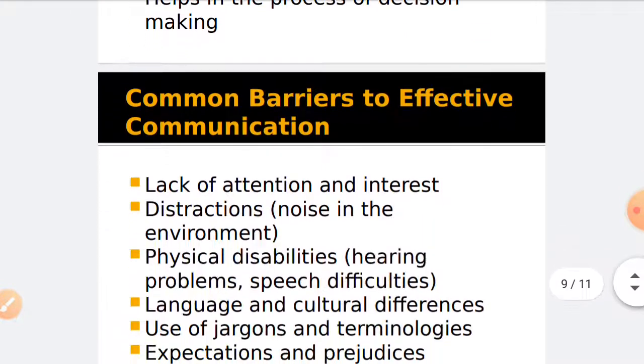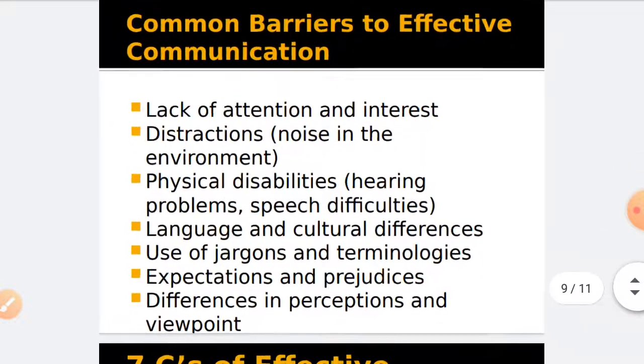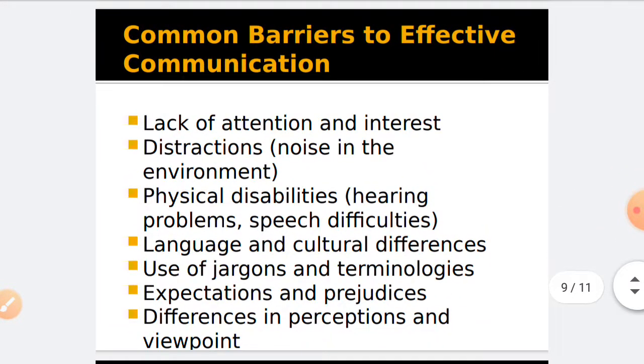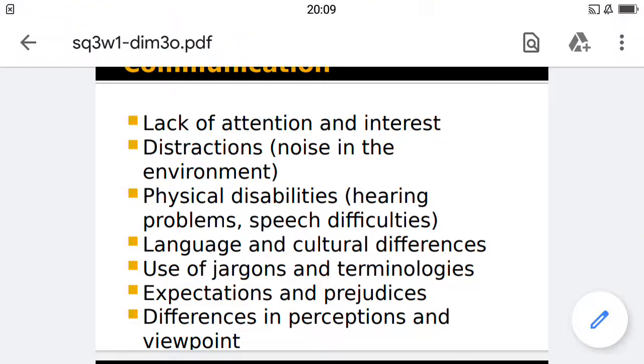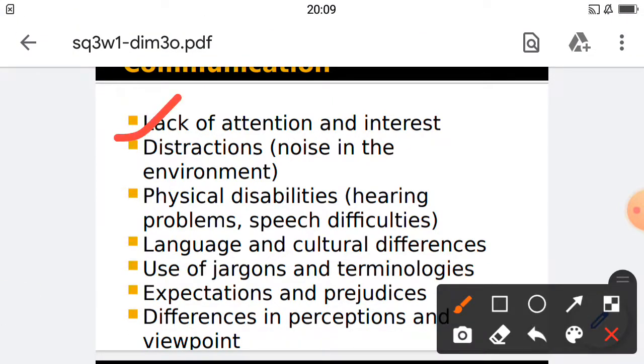And now let me discuss an important aspect, that is, what are the common barriers to effective communication? Some of the very common barriers to effective communication are lack of attention and interest, distractions, maybe noise in the environment could be a distraction, physical disabilities, for instance, hearing problems, speech difficulties, and so on,